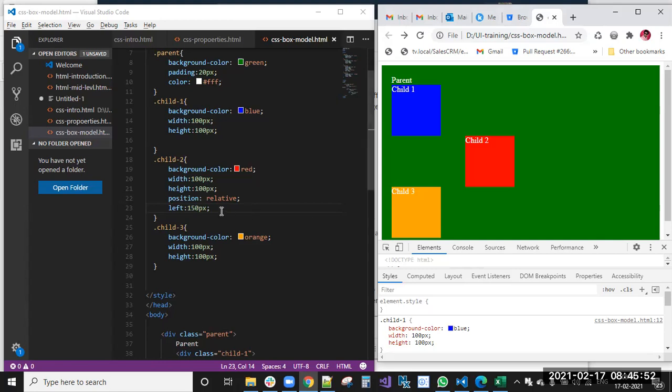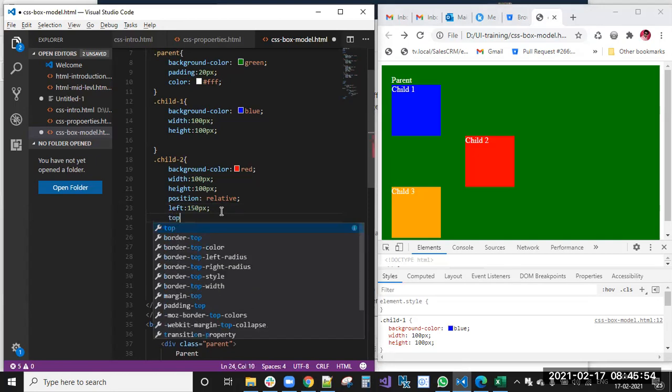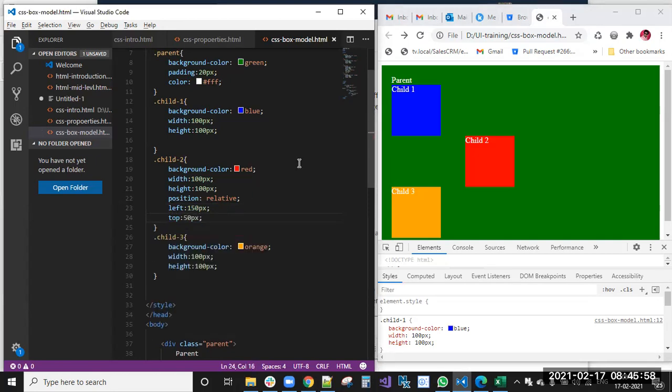Suppose I also apply top 50 pixels. You can see that from where the element is, from that position only, it moved down 50 pixels. So it is moving according to the current flow only.